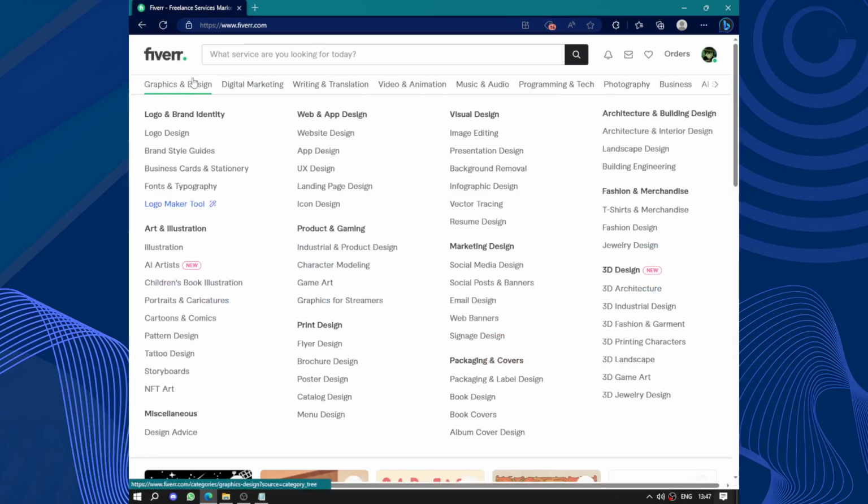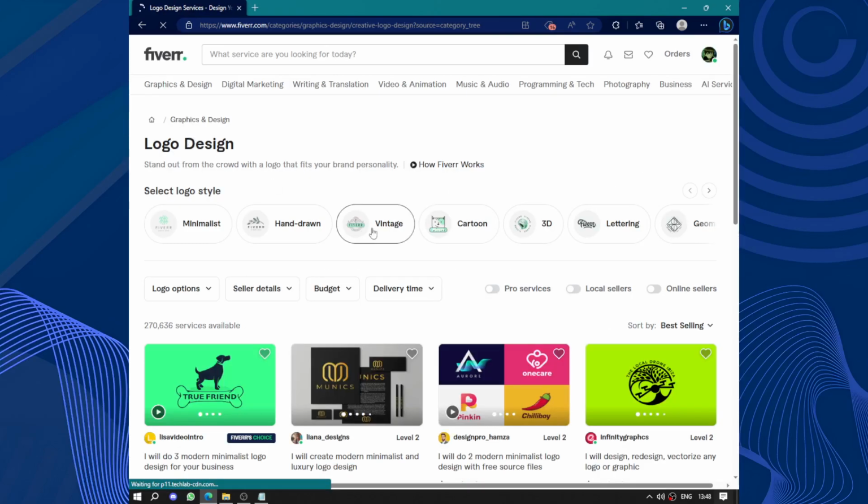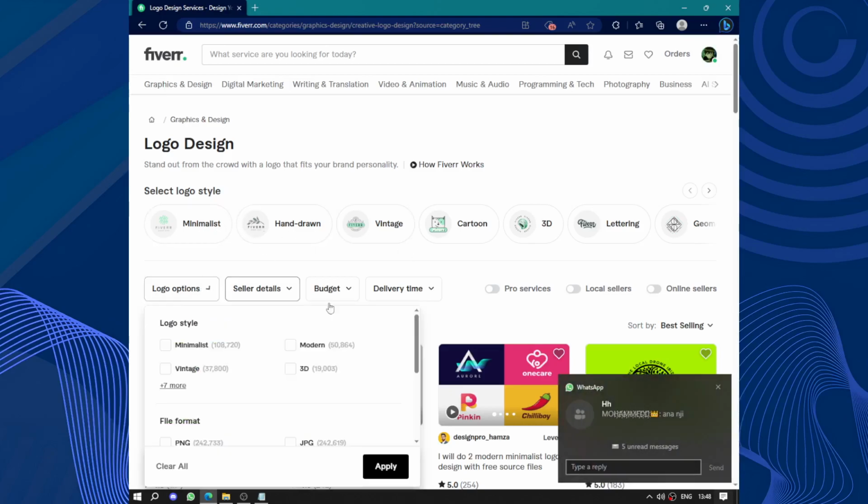So you wave your cursor over graphic and design and this appears. It looks like a lot, but you just have to read it. We have the logo and brand identities for your company, or I think a website also needs a logo. You can create or buy a logo. I will show you how. You just click on the logo and they will show you some logos. You can search, you can switch the logo style,